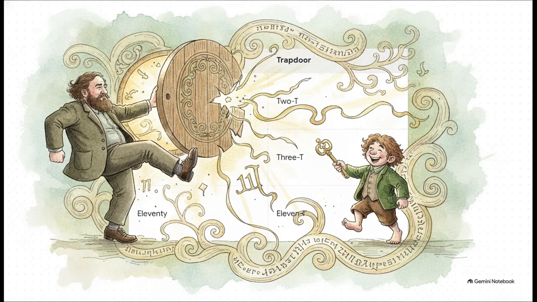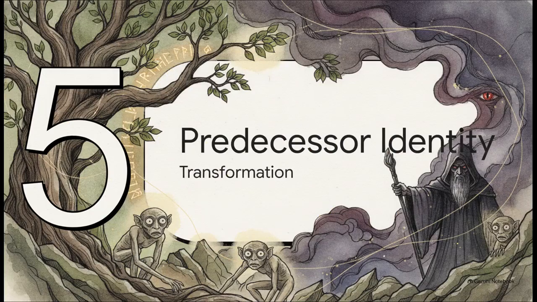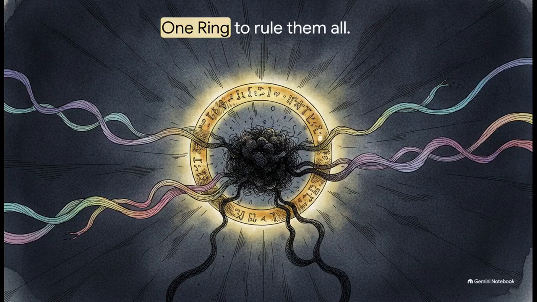It is absolutely genius. Which brings us to predecessor identity, transformation preserves lineage. This links all these phonetic coincidences together. The foundational architectural law of Middle-earth is that transformation always preserves lineage. Nothing becomes something else without carrying a piece of the past forward. Sauron's entire philosophy is encoded in this single, famous sentence that acts as a structural operator, one ring to rule them all. It's an attempt to collapse plurality beneath one single will, taking Morgoth's fracturing operation and creating a fatal